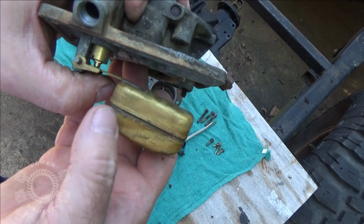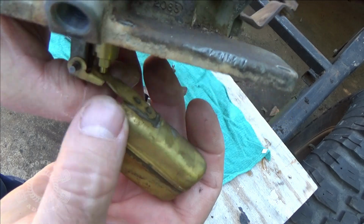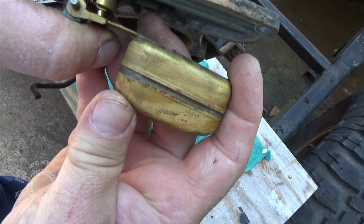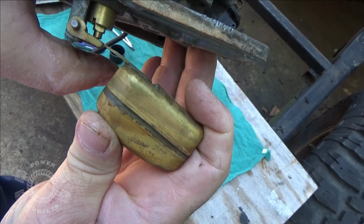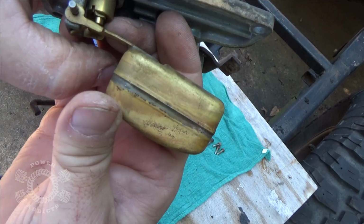So what you do to adjust that, see right here, the narrow spot on the float arm, you simply take that and bend it downward or upward. Now you grab it like you say here and bend down, and it bends right there. But if you need to bend it back that way, what I suggest is you take your